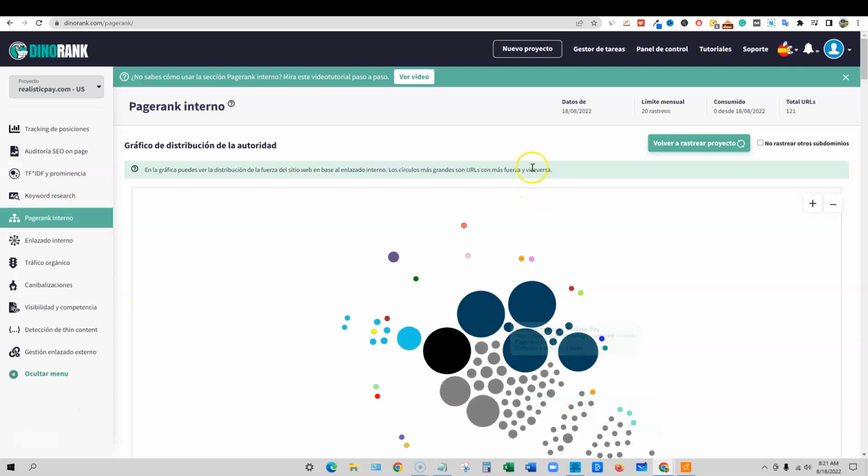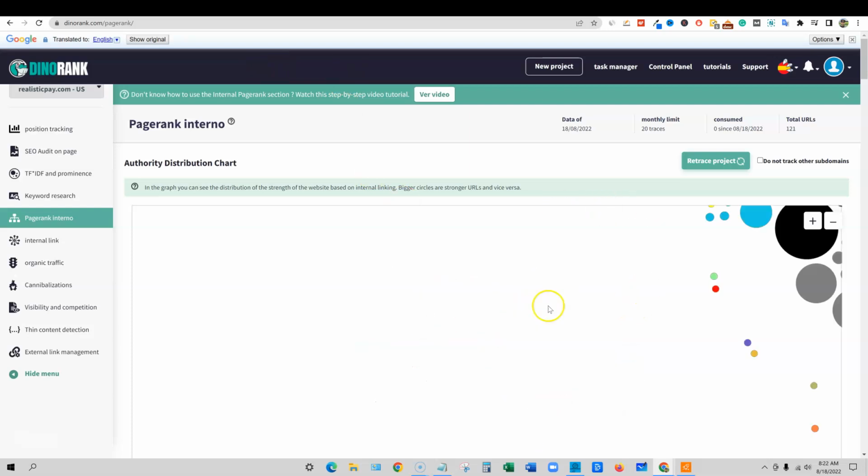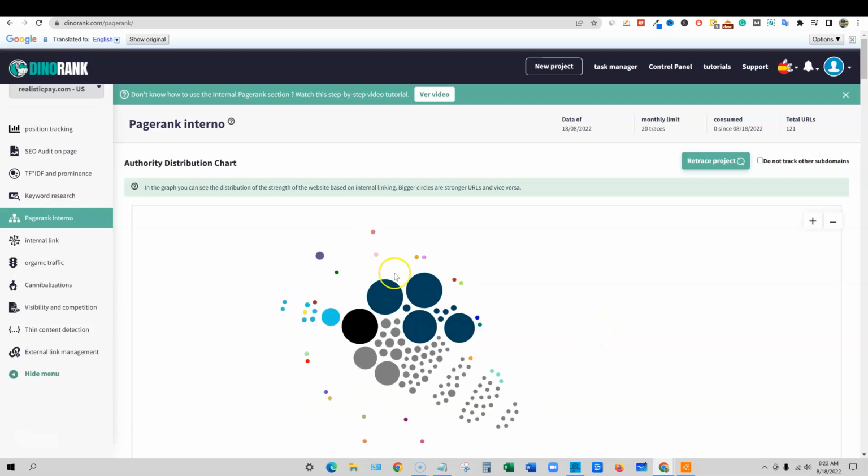Everything turned to the other language again, and I have to do this translate every single time. So here's that diagram that looks cool, and this is the authority distribution chart. We have our home page right here at the top. It's giving it a page rank of 3.01. Then we have one over here that is not really sure what